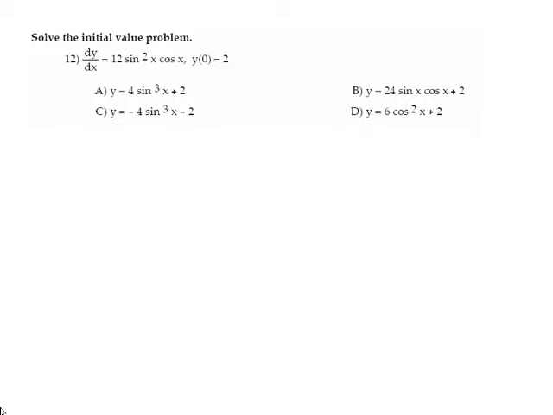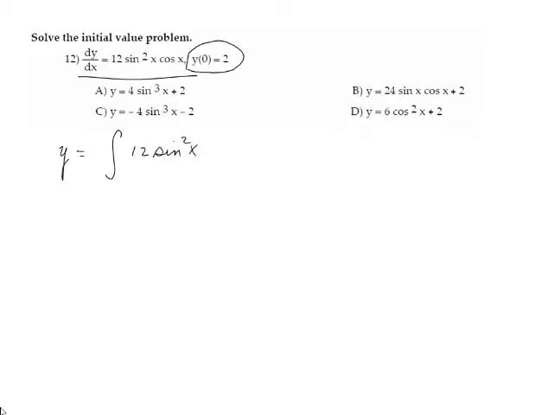Number 12, we have what's called a differential equation, and we want to solve it by taking the integral, finding the antiderivative, and using the initial condition that y of 0 equals 2. So basically, if dy dx is given by this expression, then y would be equal to the integral of 12